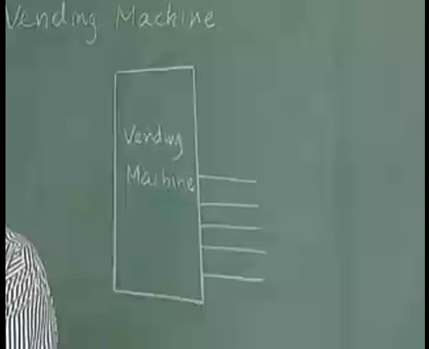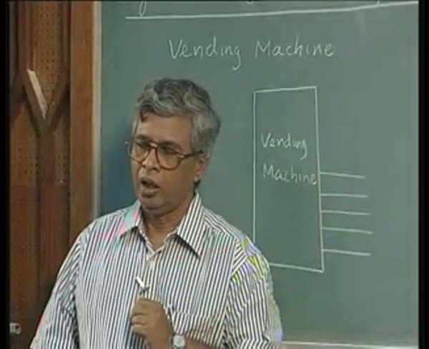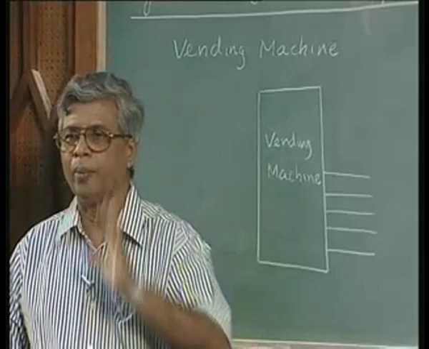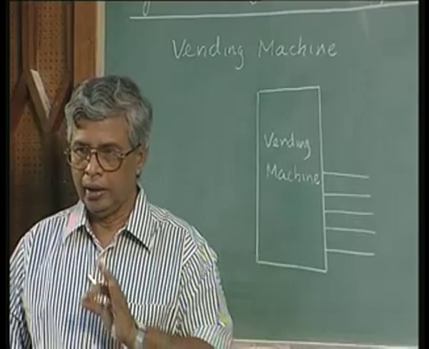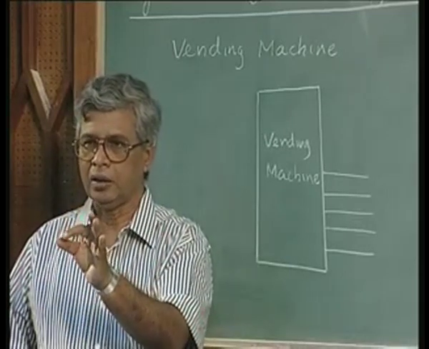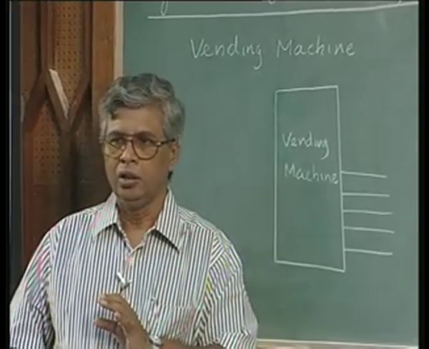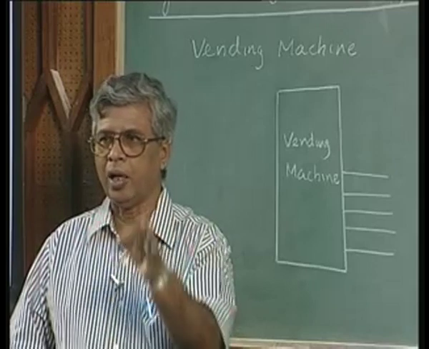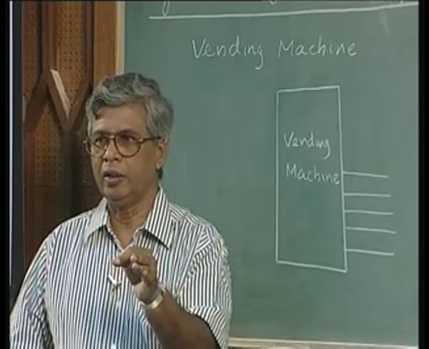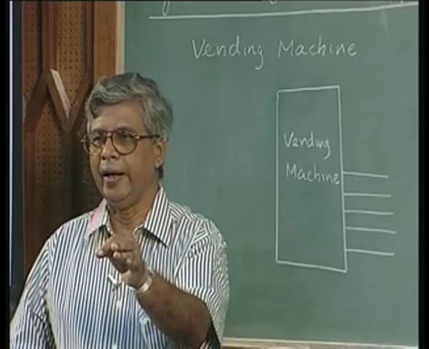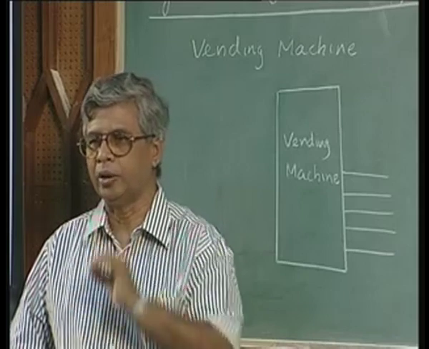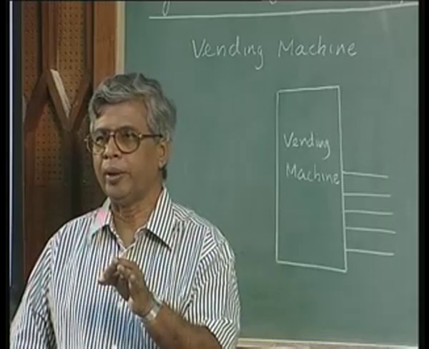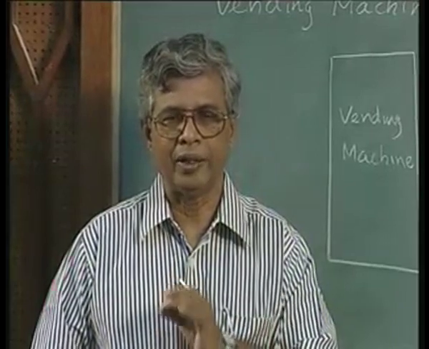Also, to make it simpler further, I am going to make it all equal cost, and also a simple coin operation. We have a coin like a 5 rupee coin. You insert a 5 rupee coin into the slot, and if it is a proper 5 rupee coin, it will be recognized as an input, and any coin other than 5 rupee will not be recognized, will be rejected,